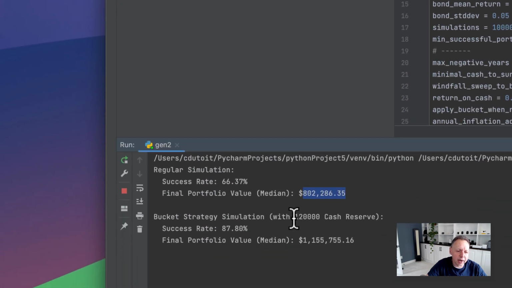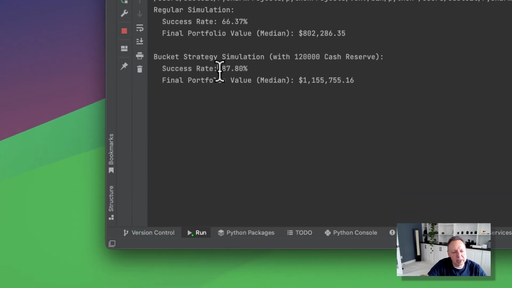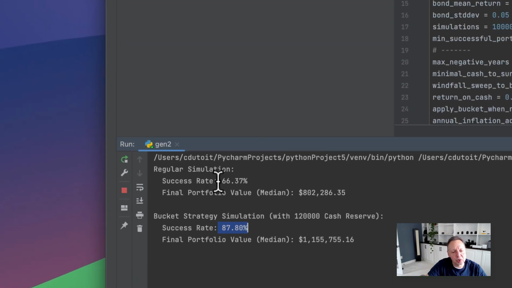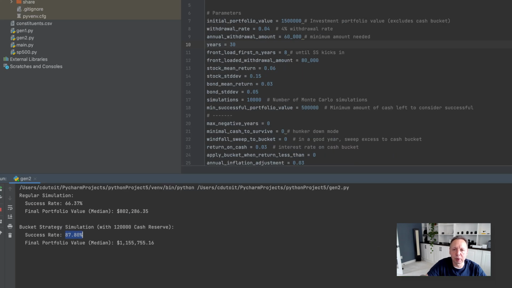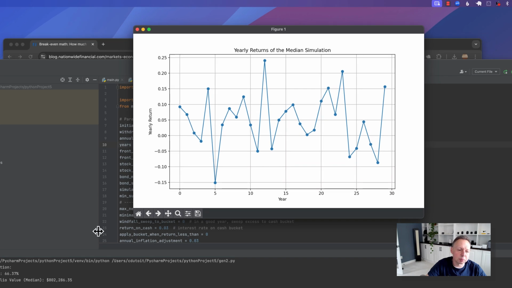So if we have 120,000, which is effectively 2 years of income in our cash reserve bucket, it's saying that we will now have a success rate of 87%. So it's taken us from 66% to 87% simply by having those 2 years of cash to withdraw from in the cash bucket. And if we look at it on this graph, this was across all 10,000 simulations, but